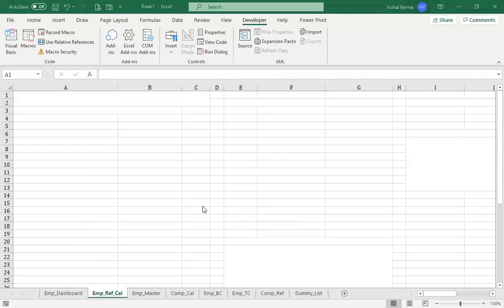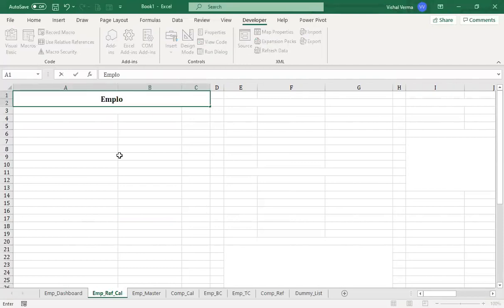Create a new sheet for employee reference calculation, and let's name it employee details for employee dashboard.